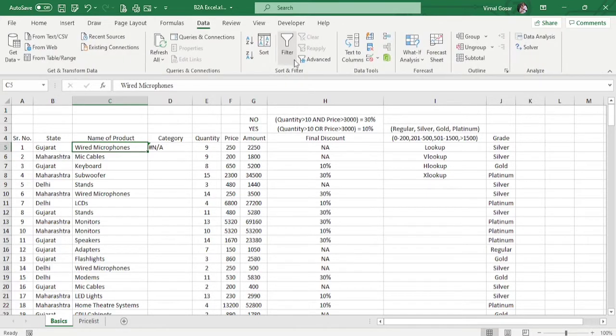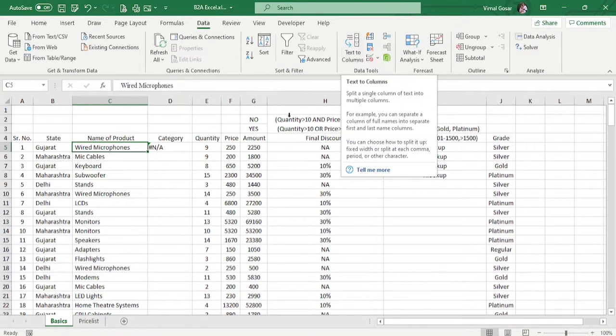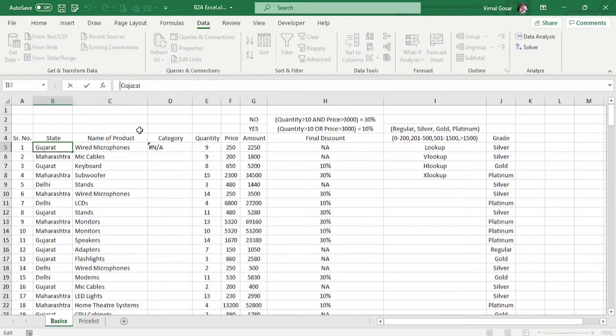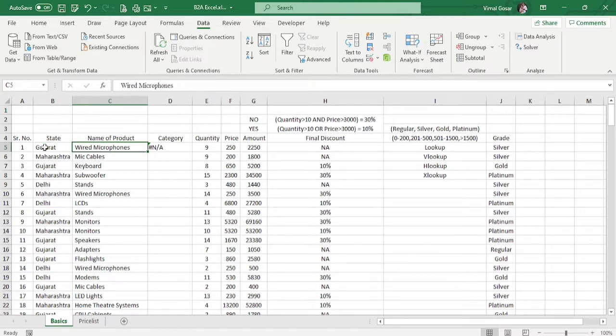If you remember, from the data tab we had gone to text to columns, and we had tried separating the values based on the comma. So the delimiter was a comma, but after the comma there was also a space available. So one character was a space, and then the next entry was there. Even for Gujarat, we would have a space over here as well. So we have to first correct our data, and then only can we use the VLOOKUP function. So let us just do that.